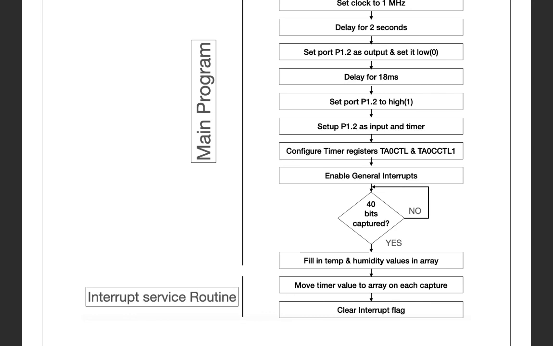At the end we will have all the values in one array, and then we will take the difference of these values, so that we know the exact duration of each pulse received. Okay friends, this is the flow chart of how our program will work. So now this is our